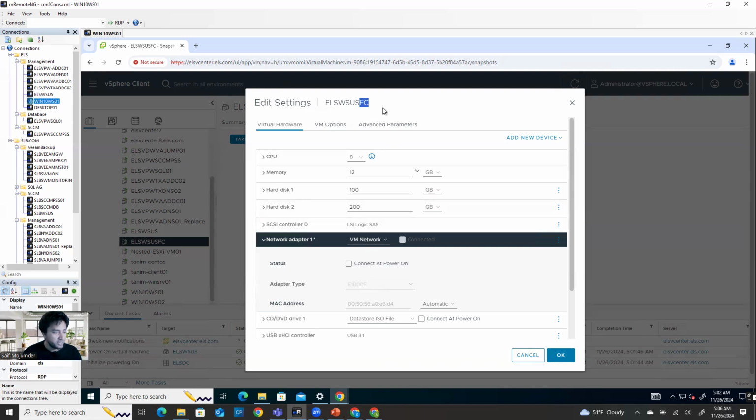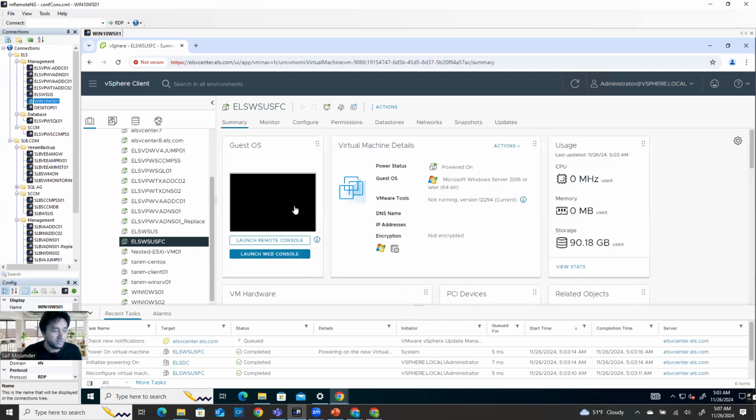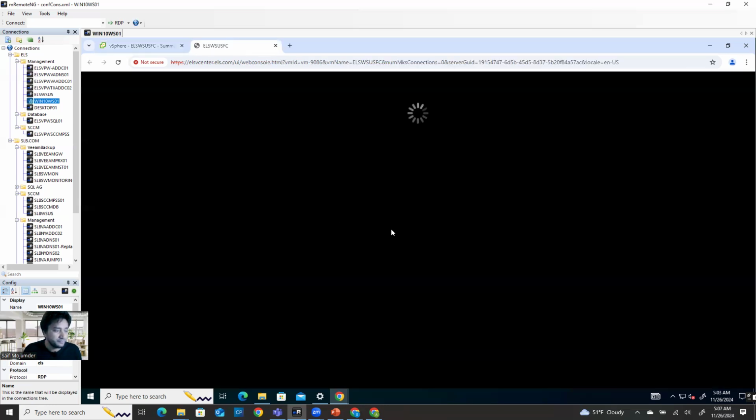If you turn on the clone machine and the parent machine at the same time, you'll have a big problem, because both machines will have the same IP. So make sure for the clone machine, before you power on, go to Edit Settings and then expand the network adapter, and then the status, which has a check mark. Just uncheck it and click OK. So now you're on the safe side. You can just power on the machine, and you can log in locally there and change the